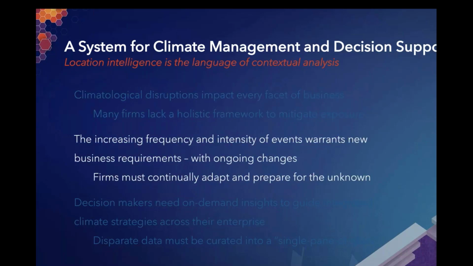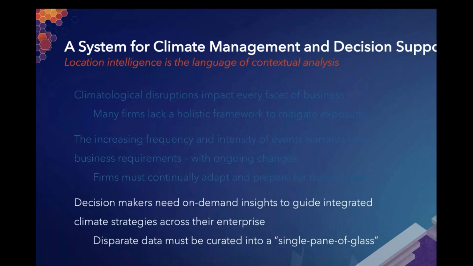Now, again, many of you cited this: the increasing frequency and intensity of natural disasters, that we have to continually plan for the unknown. I'll get into in a moment what the framework looks like, but fundamental to this system is ensuring data curation and data processing in the beginning is done in a way that executives can extract the insights they need, understanding, of course, that many executives are not specialists like we are. This is about creating those on-demand insights to guide those strategies. How is it that we can take a holistic view of risk and put it into a single pane of glass approach?